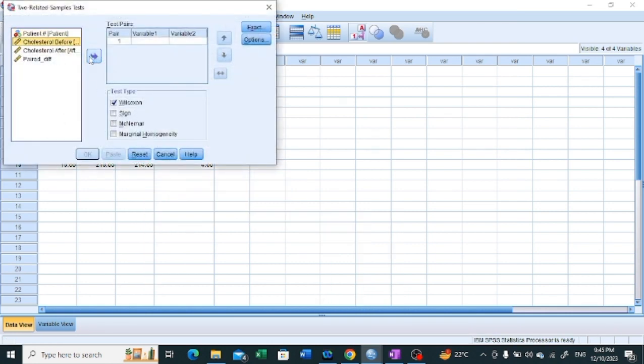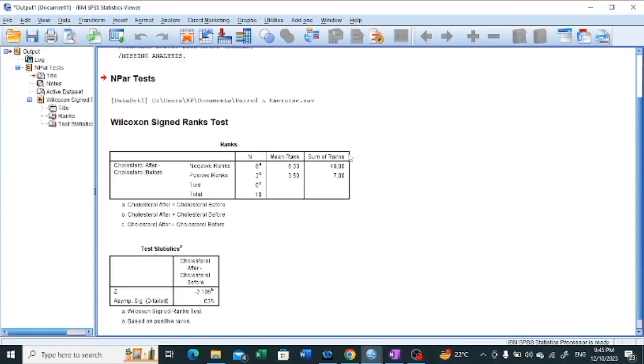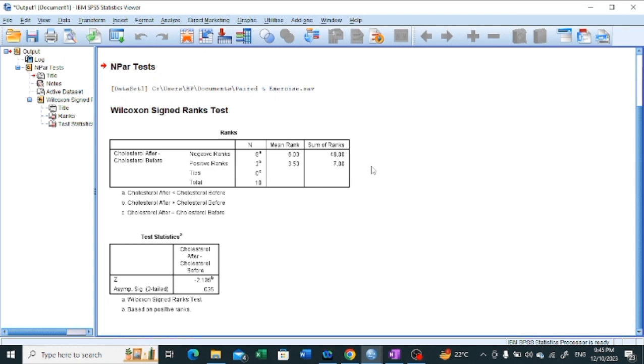We take cholesterol before as variable 1 and cholesterol after as variable 2, and the check mark across the Wilcoxon test is already there. We paste this and we run this selection,